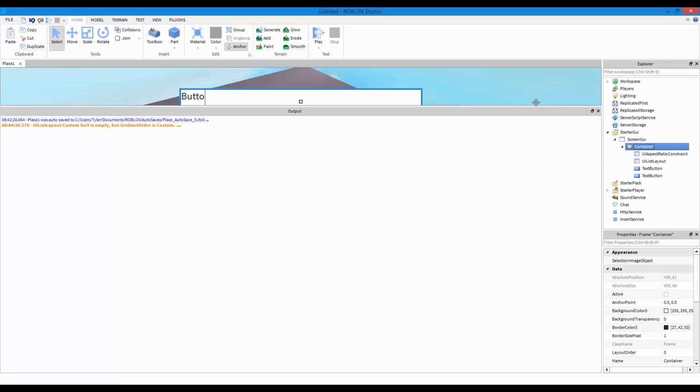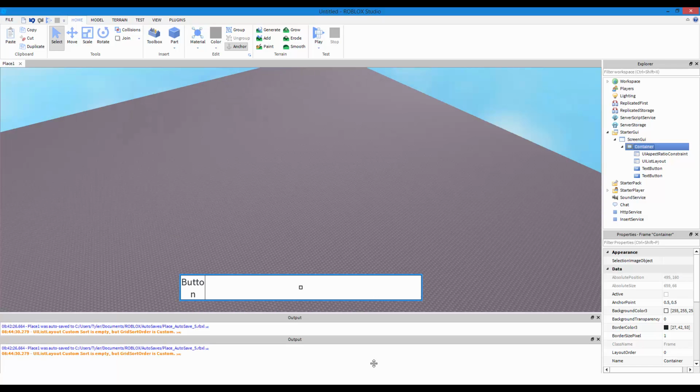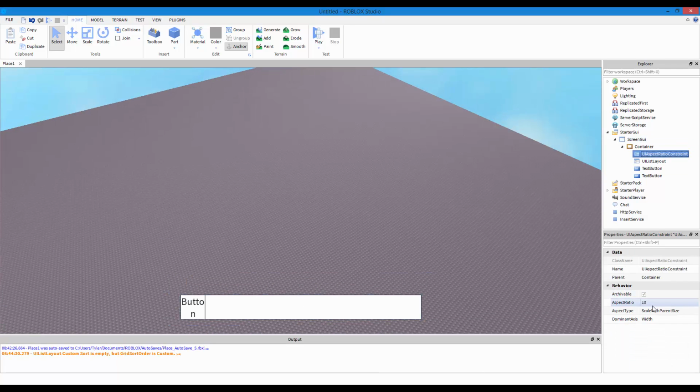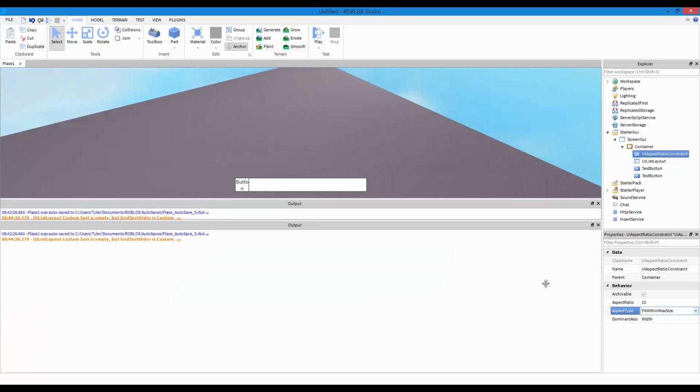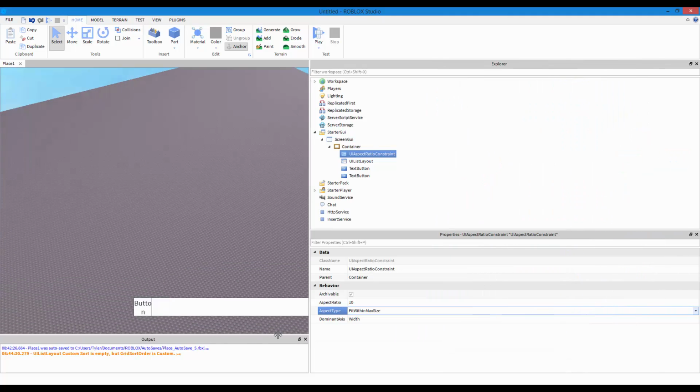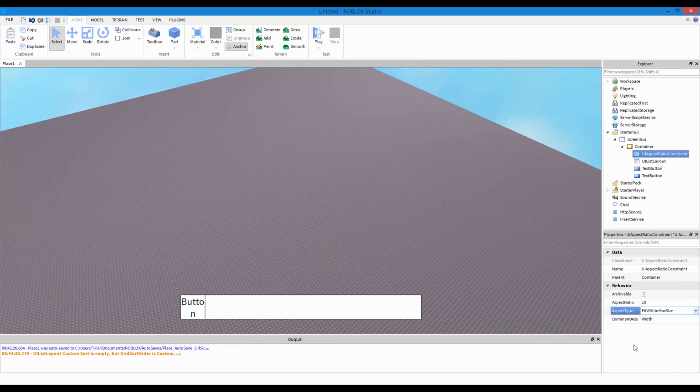As you can see how it goes in the bottom, and I don't like that. So let's try the other one. As you can see, it's a whole lot better. So I'd recommend doing the top one, fill within max size.